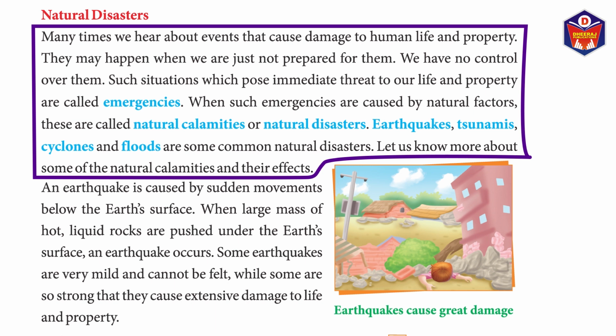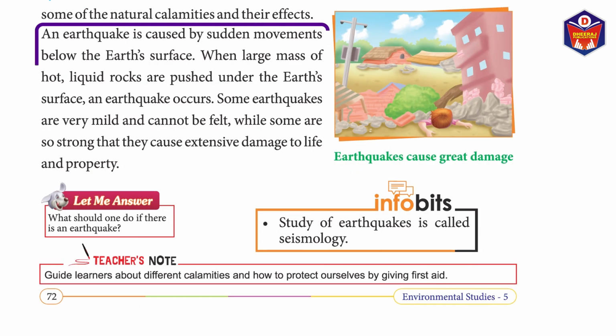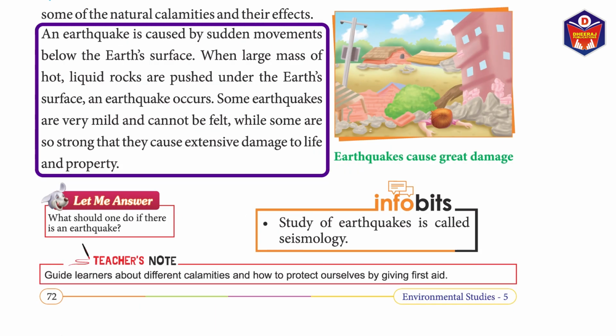Earthquakes, tsunamis, cyclones, and floods are some common natural disasters. Let us know more about some of the natural calamities and their effects. An earthquake is caused by sudden movements below the Earth's surface. When large masses of hot, liquid rocks are pushed under the Earth's surface, an earthquake occurs. Some earthquakes are very mild and cannot be felt, while some are so strong that they cause extensive damage to